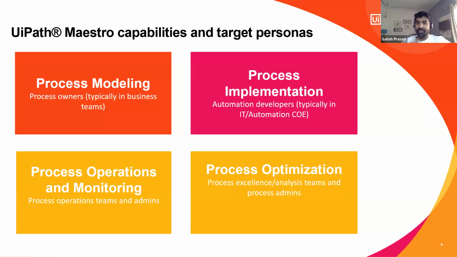And then obviously, there is the process excellence team or the analysis team inside your organization. They will be more interested in understanding why my process KPIs are failing, why only 500 invoices were processed in the last month, where the bottleneck is, which part of the process has to be optimized, and if we need to restructure some part of the process, which is the main point where I can go and restructure it, right? So let me quickly talk about what these personas are doing, who will be doing what.